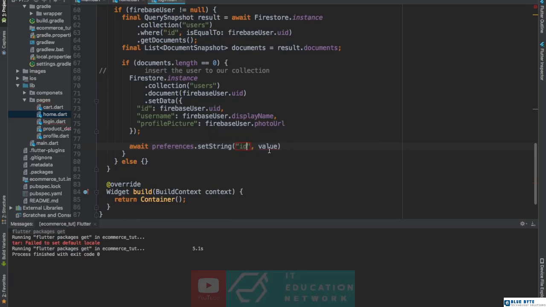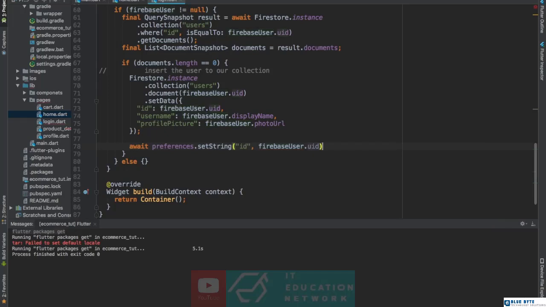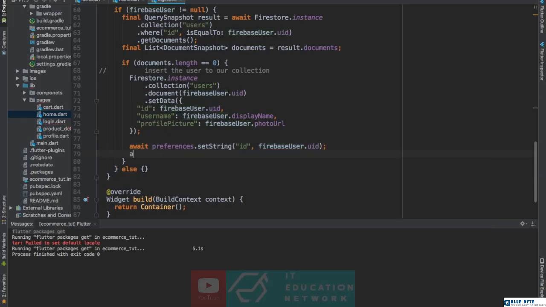ID is going to be equal to Firebase user dot UID, and then we're going to create another await, again preferences dot set string. Username is going to be equal to what? Firebase user dot display name,